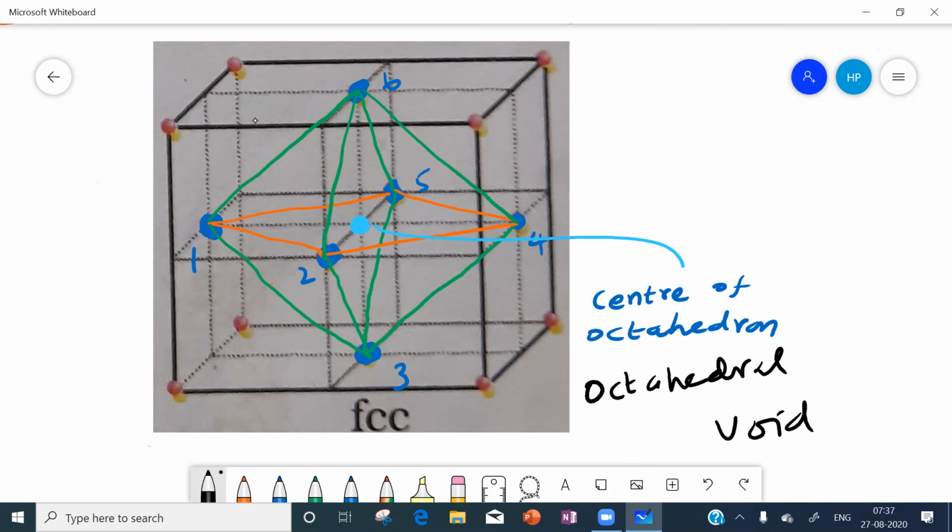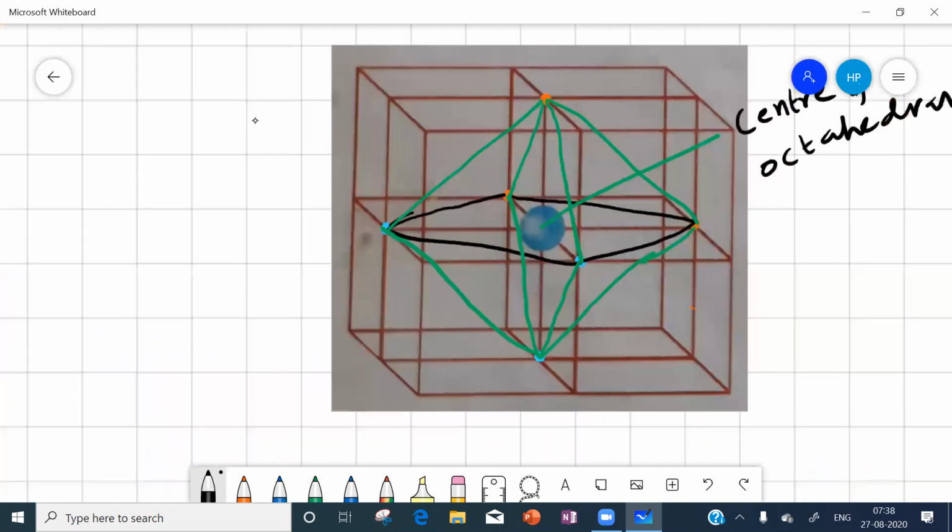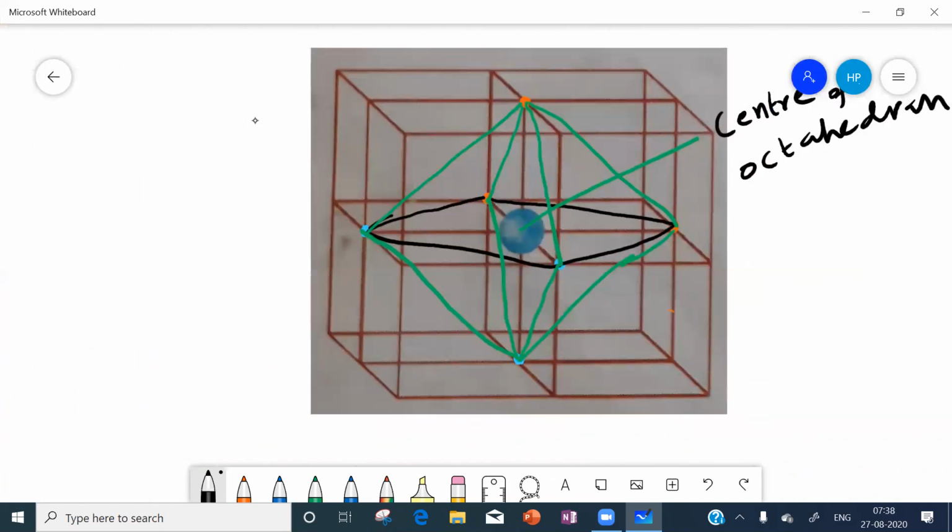Okay, sorry. This point you said is the octahedral void. Okay.